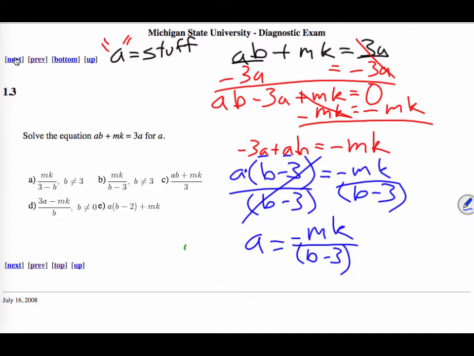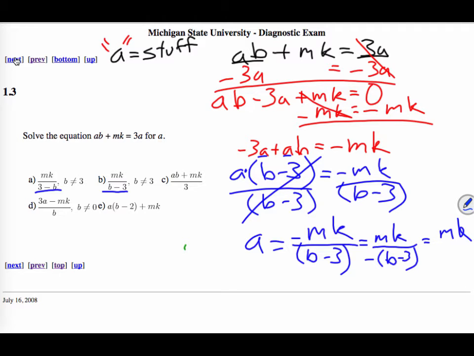The issue is, though, and I figured this out a while ago, I don't have an answer that looks like that. I mean, this is kind of close, right? But this is also kind of close. Notice that my M has a positive in the top. So now, when it comes to this negative sign, it could be in the top or it could be in the bottom. It just can't be in both because then it makes the whole thing positive. So I could toss this negative sign down on the bottom like such. Now, when I do that,